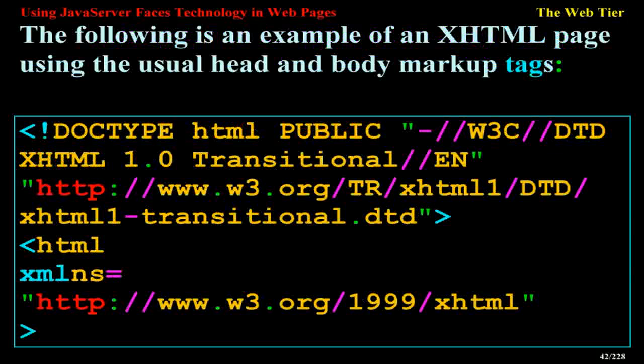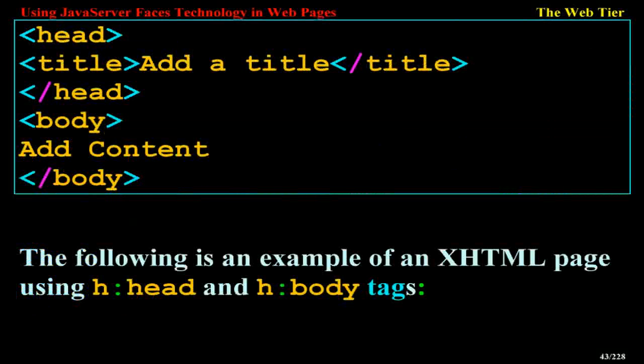<!DOCTYPE html PUBLIC "-//W3C//DTD XHTML 1.0 Transitional//EN" "http://www.w3.org/TR/xhtml1/DTD/xhtml1-transitional.dtd"> <html xmlns="http://www.w3.org/1999/xhtml"> <head> <title>Add a title</title> </head> <body> Add content </body>